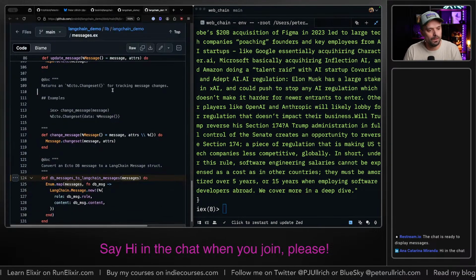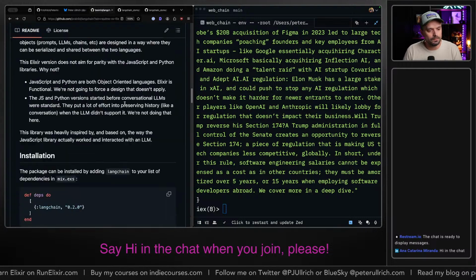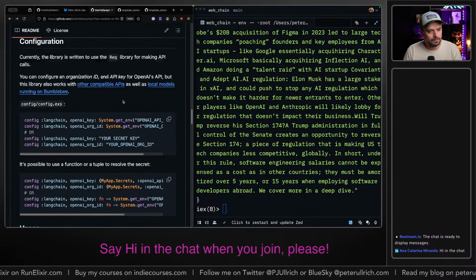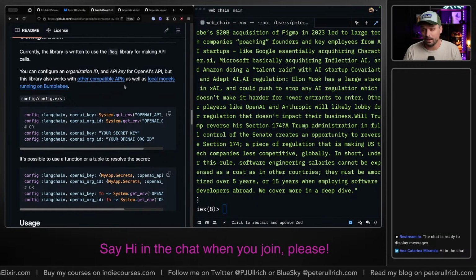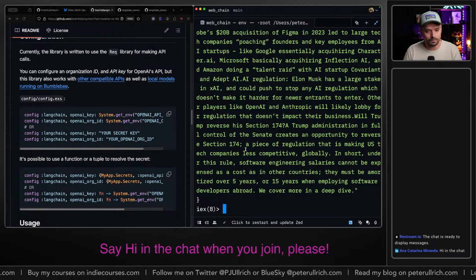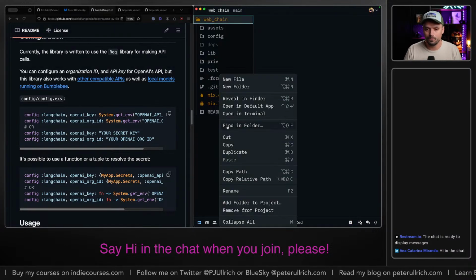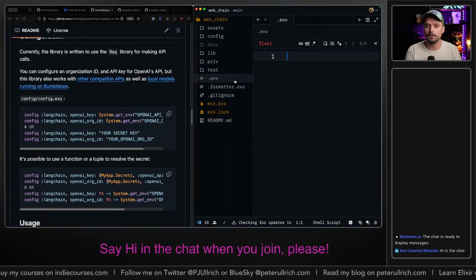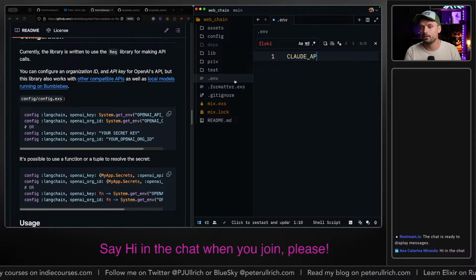All right, so now the next step is to use LangChain, and for that I need to set up. I'm going to use Claude, and I have a Claude API key lying around somewhere, but I'm just going to create an env file, and I'm going to call this Claude API key.